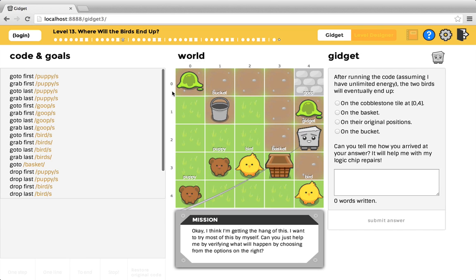So there's some... We're working on making the animations smoother right now. But yeah, it's been a lot of fun to work on. So after this, here's another test level, but